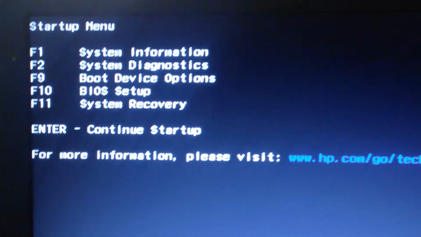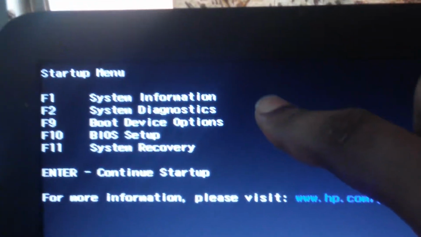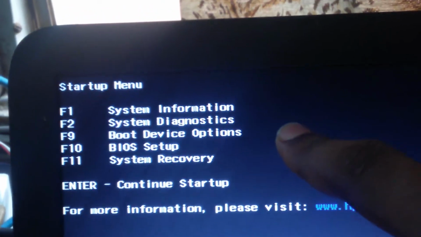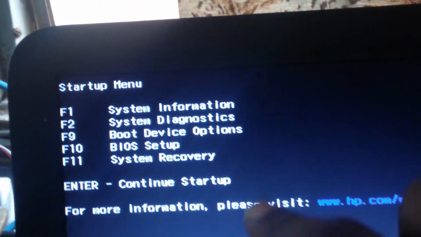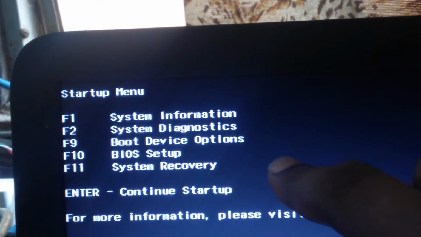has gone to the BIOS. We have the system here. You have the system information, the system diagnostics, boot device options, BIOS setup, and system recovery. Now we want to go to the BIOS setup, which is, we now press F10. We press F10. Function 10, it's here. You press F10, it will take you to the